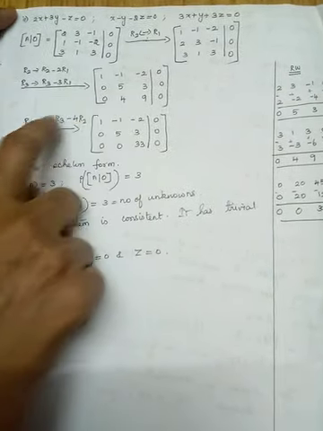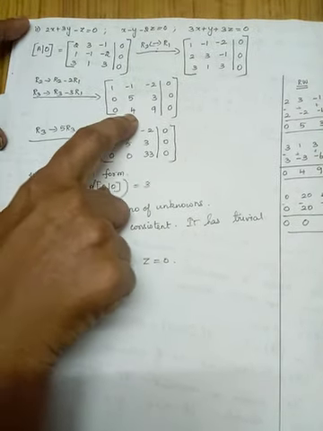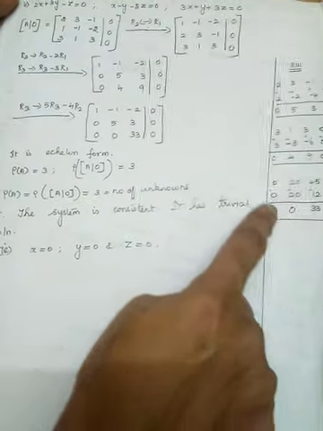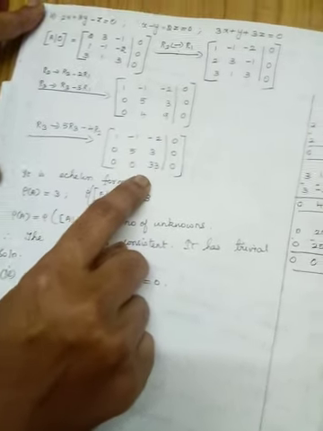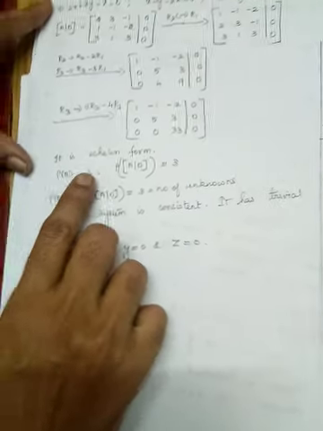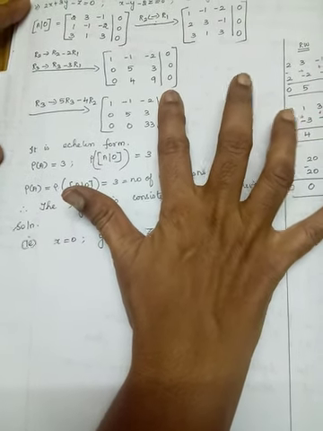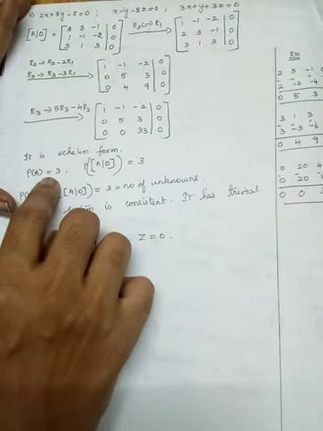So what I am going to do is, the transformation is R3 implies 5R3 minus 4R2. So I have done the rough work. You see, you are getting this answer. So it is in the echelon form. So look at the rank of A. Rank of A means, by hiding the fourth column, you have to see the number of non-zero rows. So 1, 2 and 3. So rank of A is equal to 3.